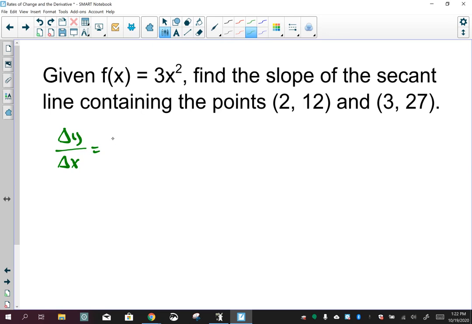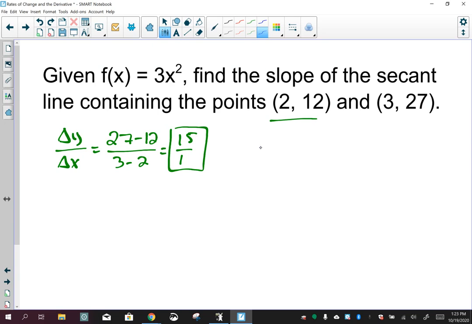And that equals 27 minus 12 over 3 minus 2. And that gives me 15 over 1. Okay? So I have a slope. I'm going to use that point because I can. I can use the other point, it doesn't matter. And then I'm just going to plug it into my point slope formula, which, to refresh your memory,